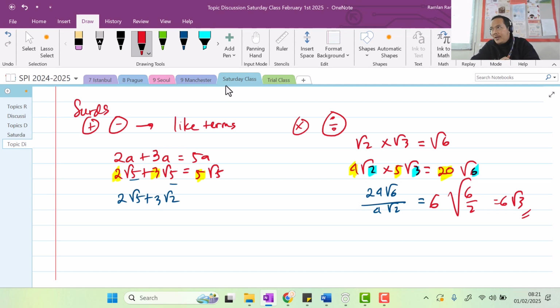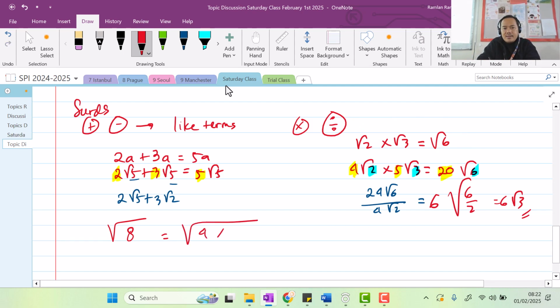The next one is simplifying surds. Simplifying the form of a surd. For example, if I have the square root of 8. Okay, this can be simplified. Remember that we could split this. Remember in multiplication, right? We can actually split it. So square root of 8 can be written as this, right? Notice that I'm using this number here. Why? Because that number is a perfect square. So in that case, I can split those two. I can split that and it becomes like this. And I know that the square root of 4 is just 2. So it's 2 times square root of 2, which is just 2 square root of 2. That's it. Right?